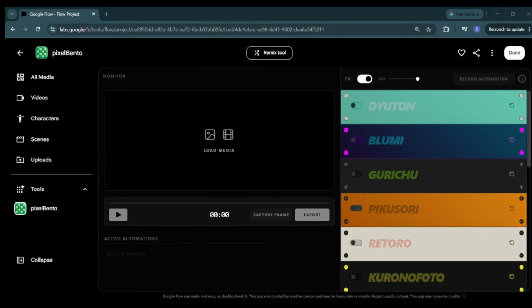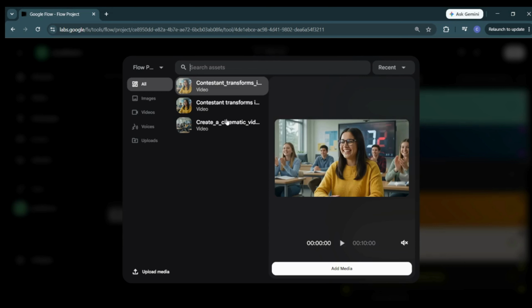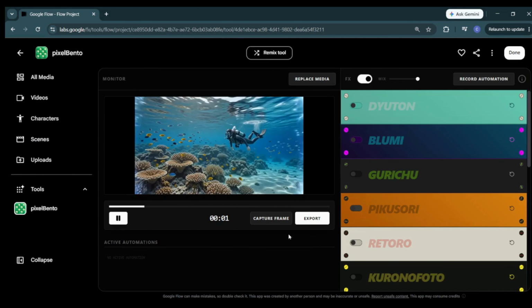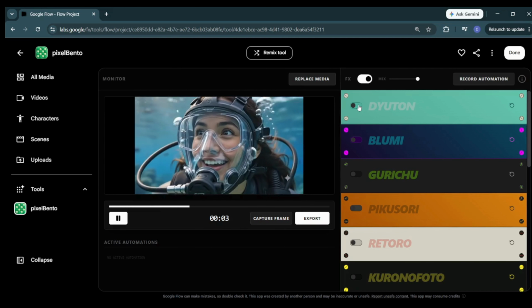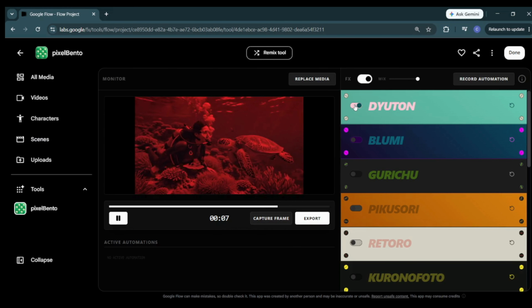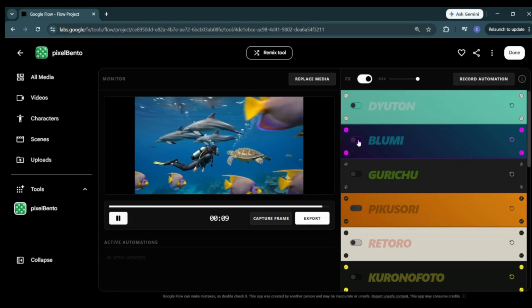video. Now, let's explore the Pixel Bento tool. Unlike traditional effects, Pixel Bento lets you modify your video at the pixel level, giving you precise control over its colors, appearance, and overall visual style. With just a prompt, you can transform the entire look of a scene into a completely new aesthetic without complex